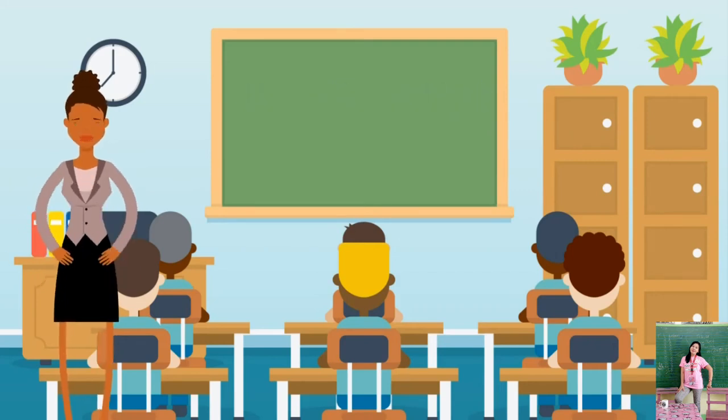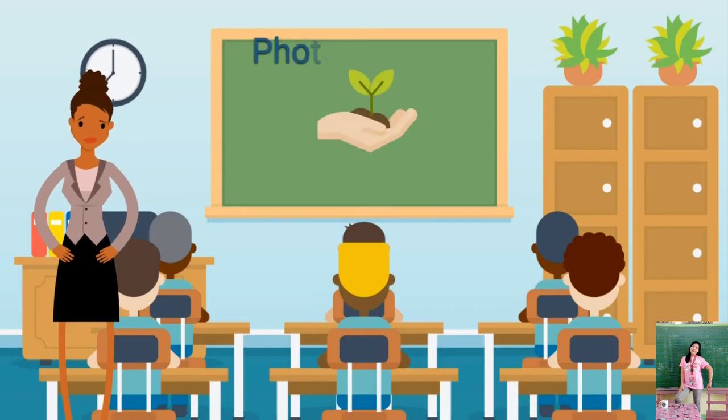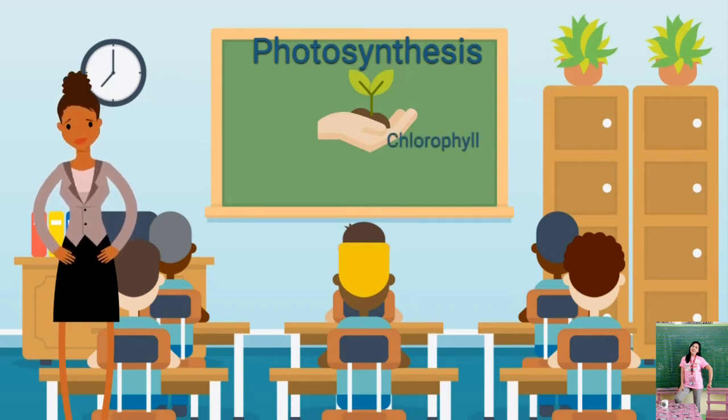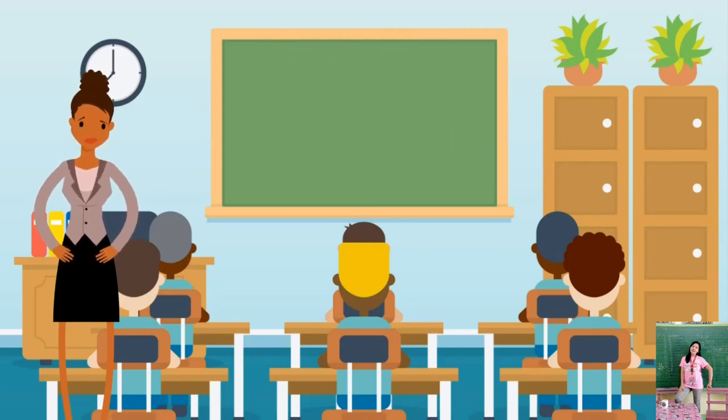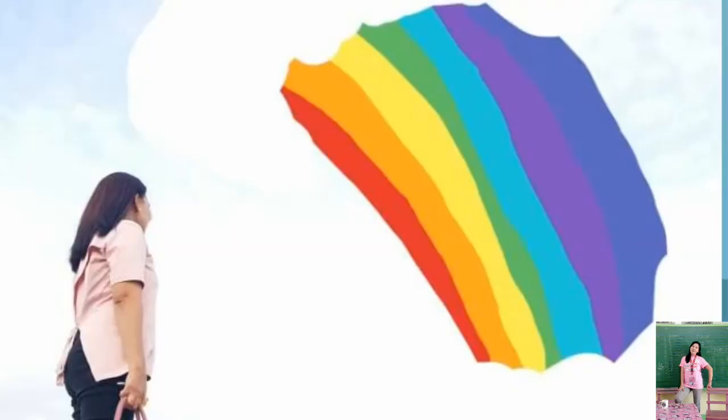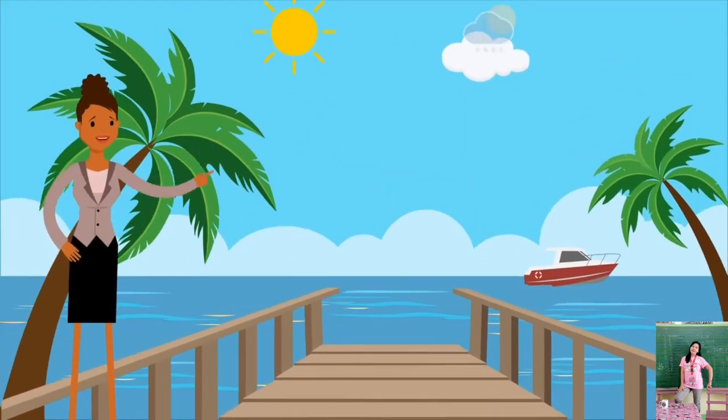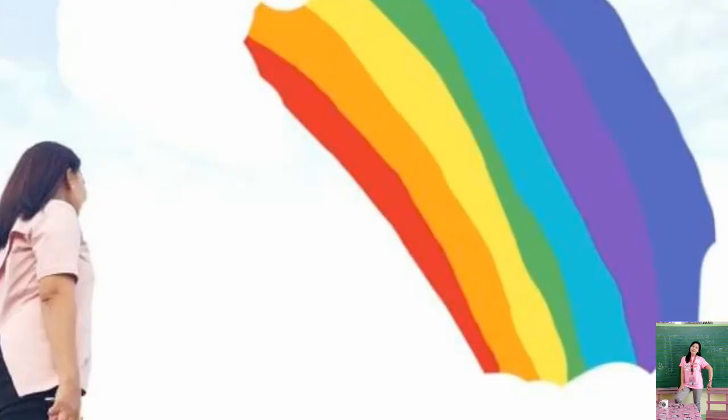Next is the absorption of light. It is a process by which light is absorbed and transformed into energy. A great example of this is the process of photosynthesis in plants. Plants contain a pigment called chlorophyll, which absorbs the blue and red colors of the spectrum and reflects the green leaves. Refraction, meanwhile, is seen in the band of 7 colors of the rainbow, wherein the white light of